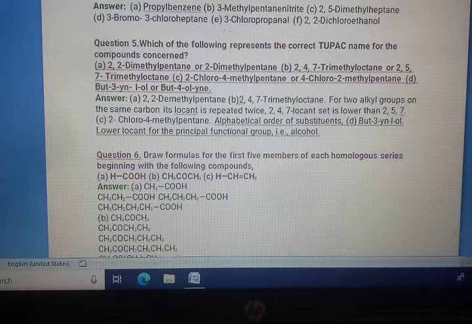Second, 2,4,7-trimethyl-octane or 2,5,7-trimethyl. So the nearest position 2,4,7-trimethyl-octane is right. Right? For 2 alkyl groups on the same carbon atom, its locate is repeated twice. Okay. So this was the B answer, and if we are moving towards the C answer,